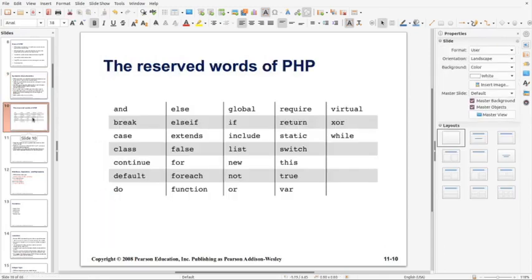Then these are some of the reserved words in PHP: and, break, case, class, continue, default, do, else, elseif, extends, false, foreach, function, etc. The list is not complete.